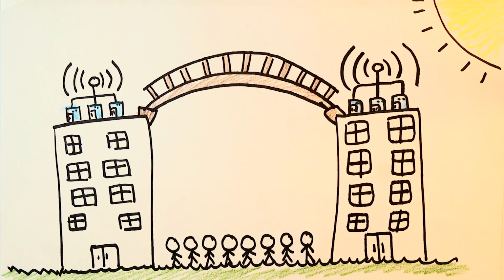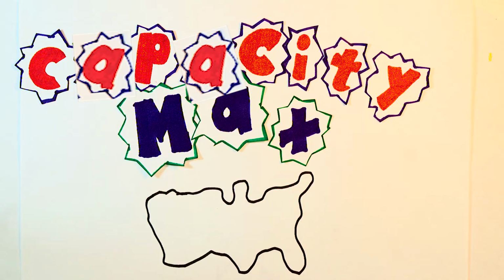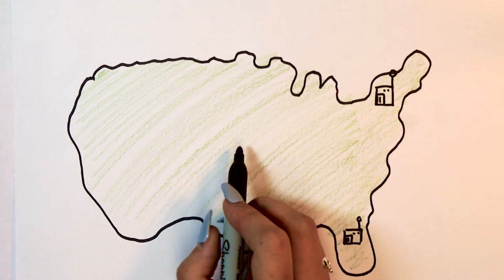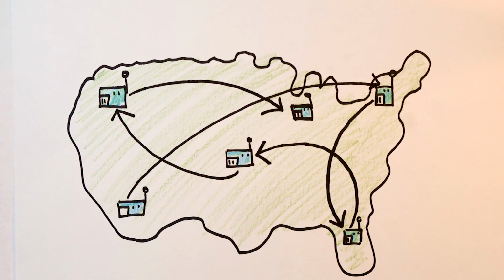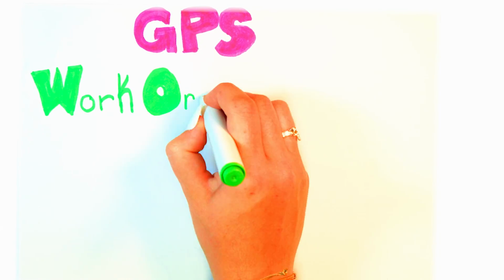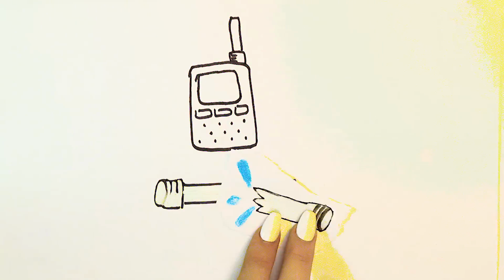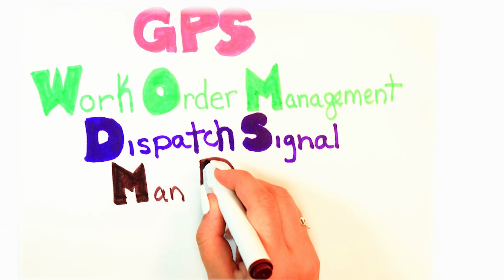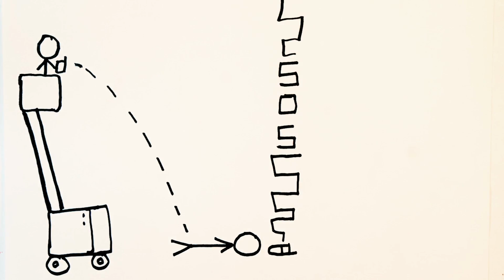And finally, Capacity Max, for those users or corporations with a multitude of sites and thousands of users. Capacity Max offers wide area, high capacity, digital mobile radio system capable of providing the widest coverage with the most uses. These digital radios also have integrated data applications such as GPS tracking, work order management, which allows you to send out a text that automatically states that you are requesting maintenance, automatic dispatching signal, man down, which when enabled, if the radio lies face down for a certain amount of time, it will send out a signal for help,